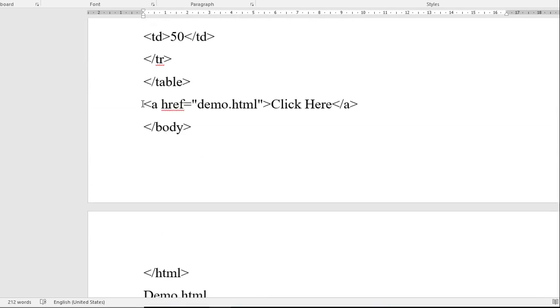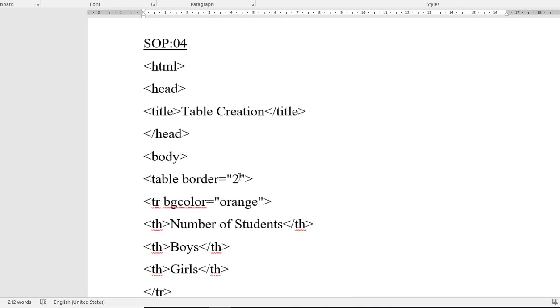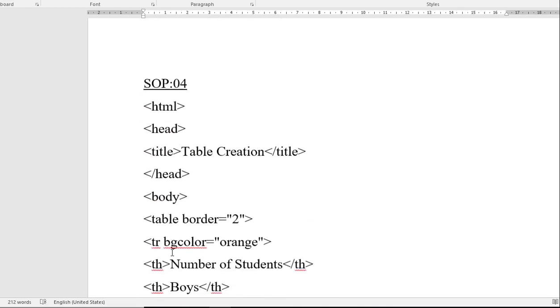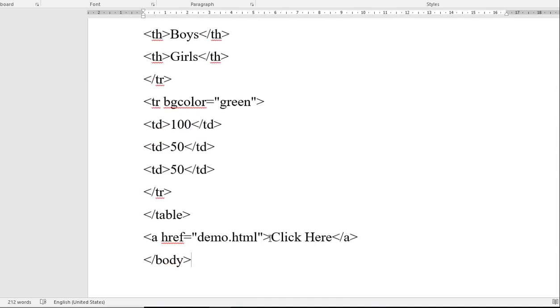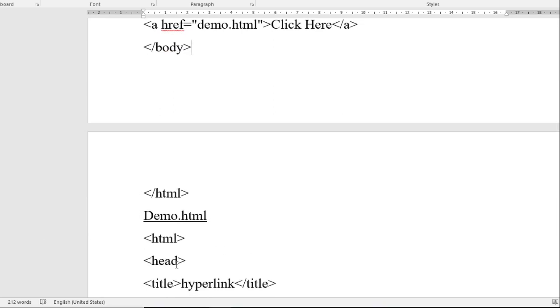So in this program the only change is that if you want to create a link between two pages in HTML, then that link is created by using the a href tag. So the a href tag is used for linking purposes. After completion of this program, both programs are saved, and when you execute on the browser, run the first program, and on the first program's output page you will see Click here. Click on that Click here, then you will directly jump onto your next page. In this way, this is the program of hyperlinking. In the next lecture, we will start with the last practical, that is practical number 7. Thank you.